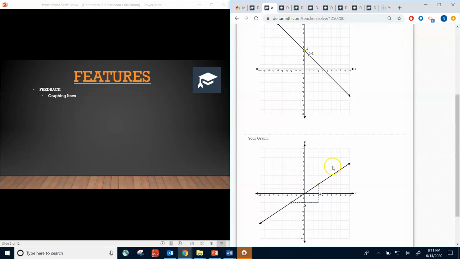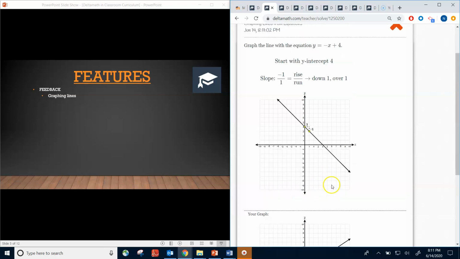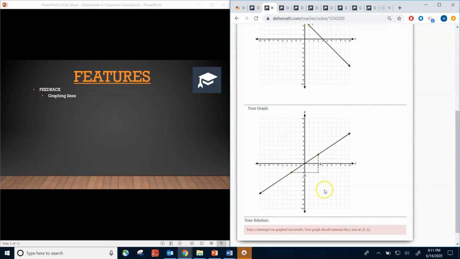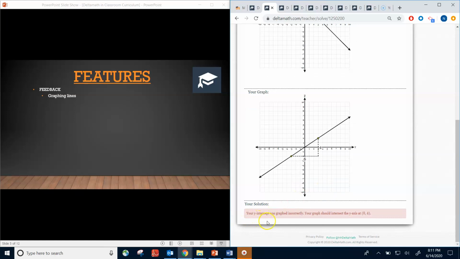For instance, here is my graph. Well, obviously I went 6 over and 4 up, so my rise was 4, my run was 6, when really it should have been something like 1, negative 1. It shows me exactly what I was supposed to do. It also tells me the solution in words explaining what I did wrong. So it says your graph should intersect the y-axis at 0,